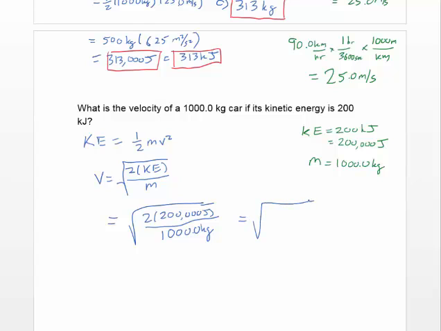So that's the square root of 400,000 joules divided by 1,000 kilograms, which is the square root of, if we divide 400,000 by 1,000, we get, what, 400